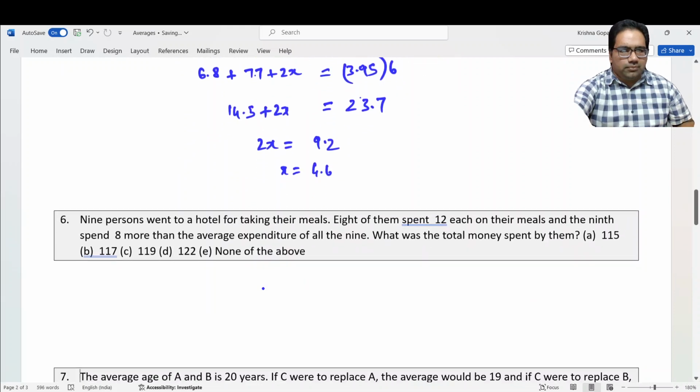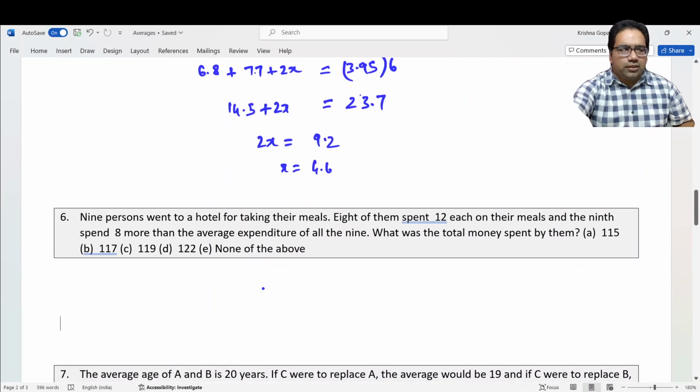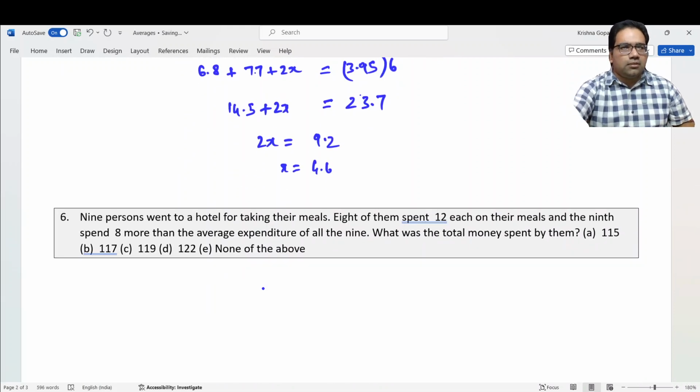Next another problem. 9 people went to a hotel to take meals. 8 of them spent 12 each on their meals. And the ninth one spent